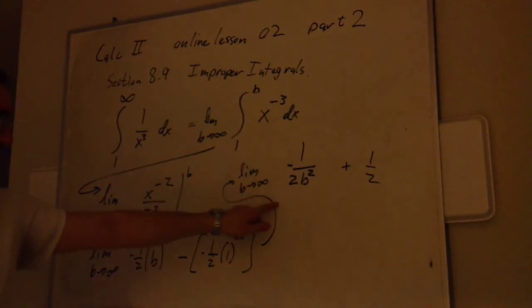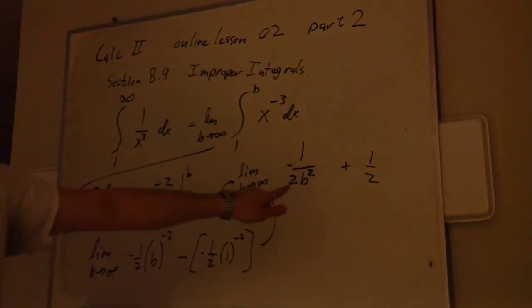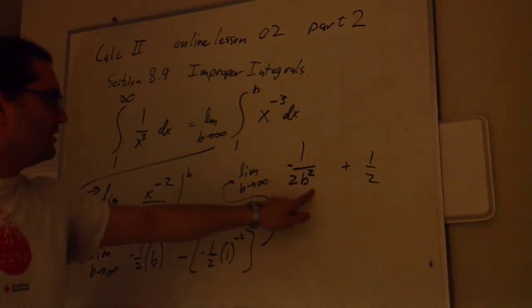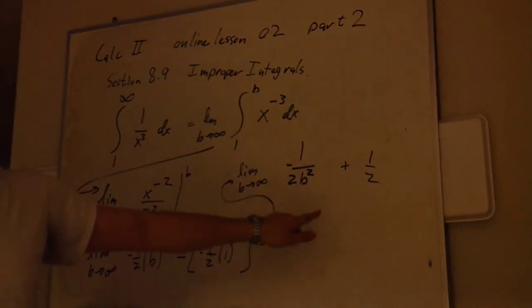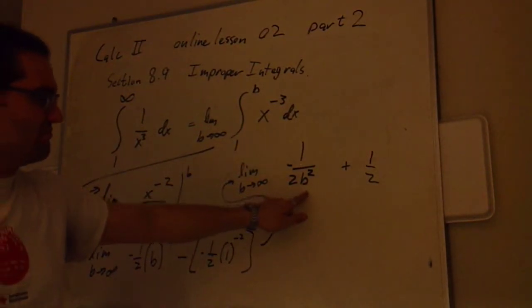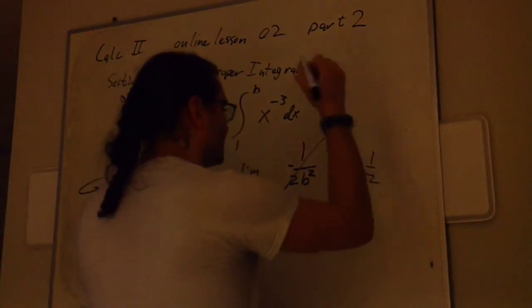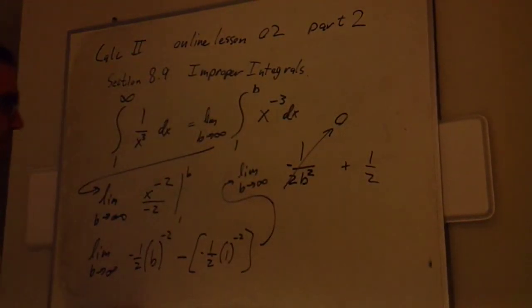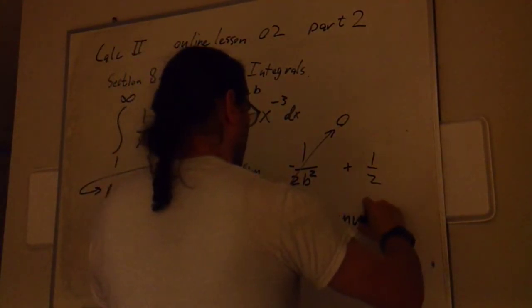When b gets really, really big, like a couple million, b squared is going to be a few trillion. And then if you take 1 and divide it by a few trillion, you're going to get nothing. So this piece goes to 0 in the limit, and the integral